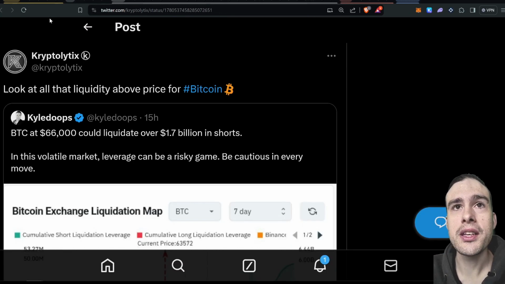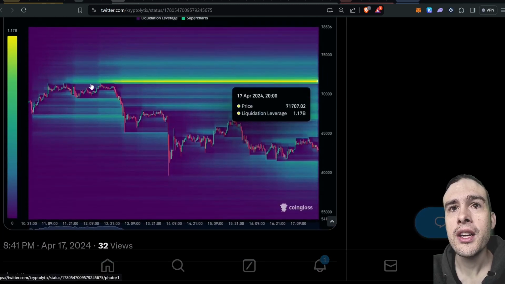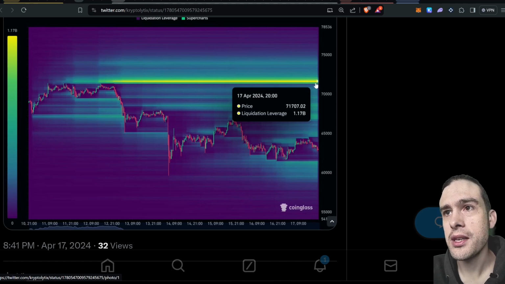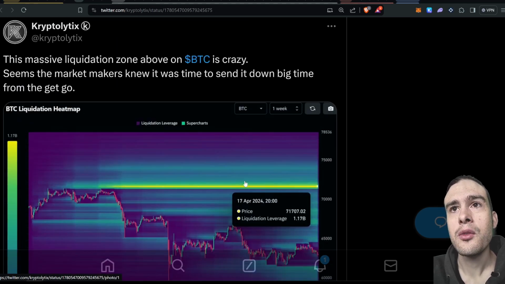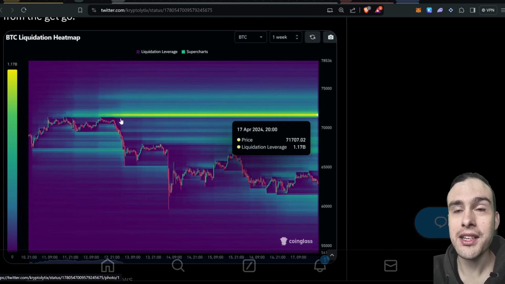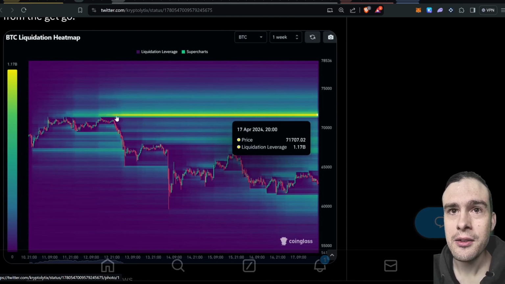Now, what does that mean? It means that we've got a ton of liquidity above. And look at this massive amount of liquidity above. That's $1.17 billion, and that's just in this one point here, but there'd be all around this zone here, $1.1 billion. So it means that the market makers knew to send it, because look, it was actually there pretty much from the get-go. You can see it building more and more right here. That's at 71k though, so a chance of us spiking up there and taking that liquidity,